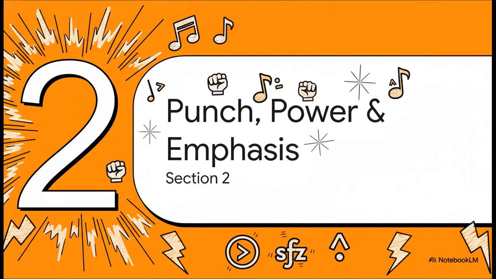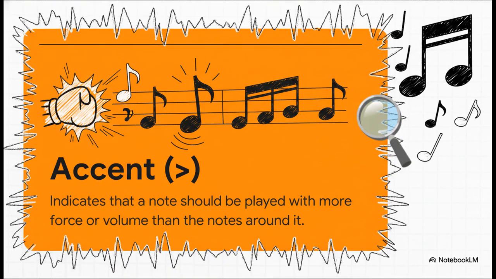These articulations are all about adding some punch and power. This is how you make certain notes really pop out and grab the listener's attention. And the most common one you'll see is the accent mark. It looks like a little sideways V. The command here is really straightforward. Play this note with more force, more oomph than the notes around it. It's all about giving that note a stronger attack right at the very beginning to make sure it stands out